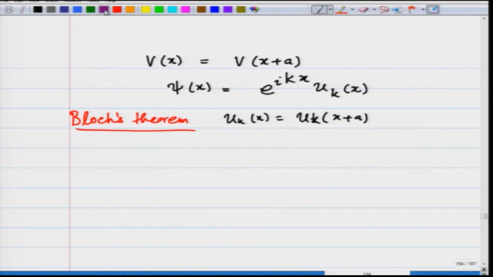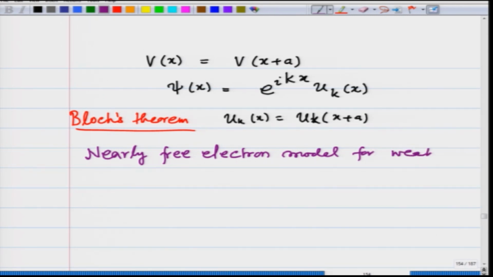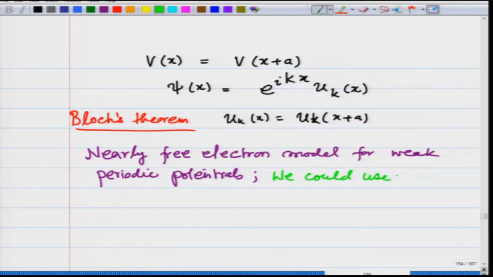Second thing we did is the nearly free electron model for weak periodic potentials, so that we could use perturbation